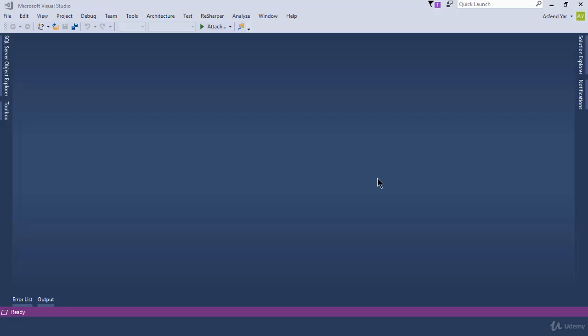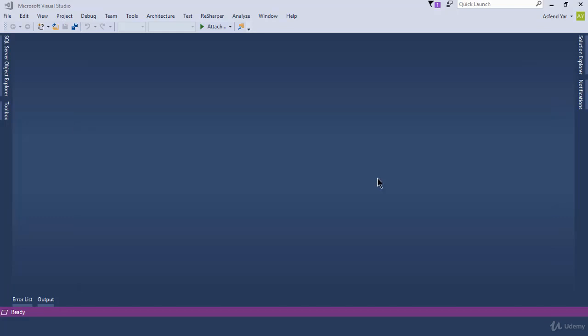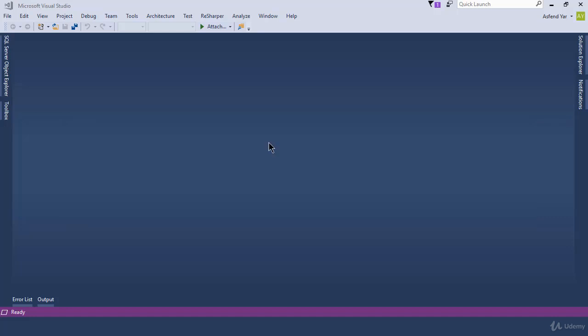In this module, we are going to look deeper into web scraping, and we will explore the following terms related to web scraping. And to scrape any website or HTML inside C#.NET, we will need to install the following NuGet package. So let's create a simple console application